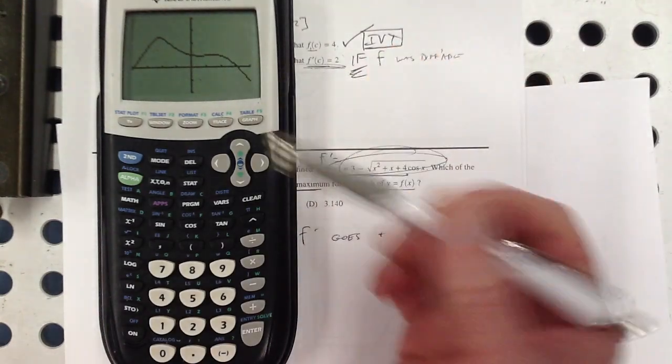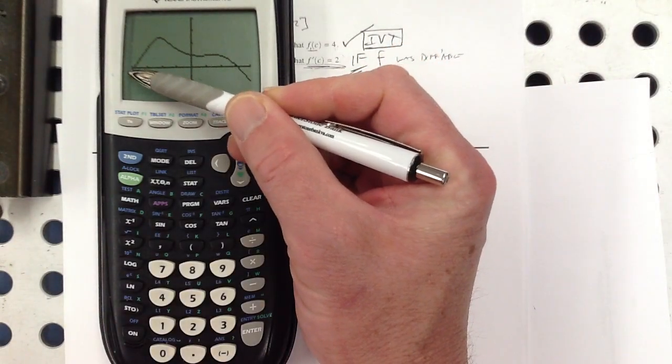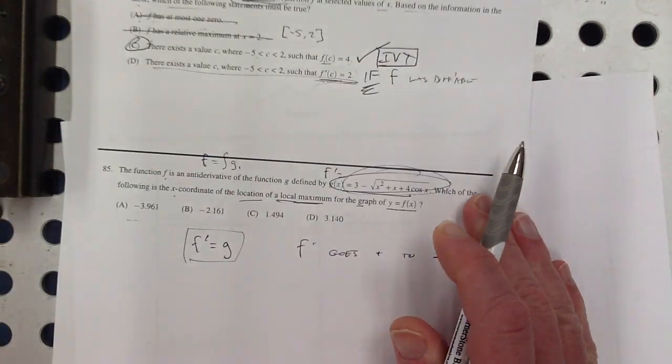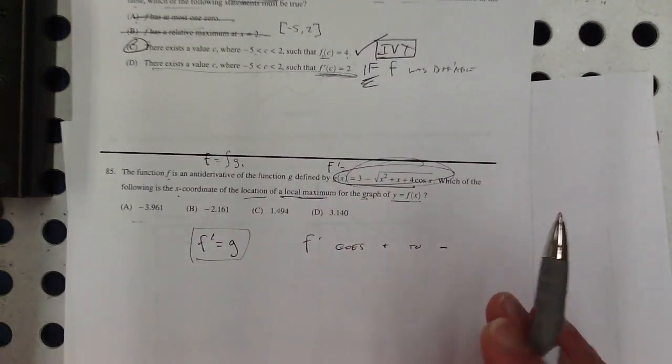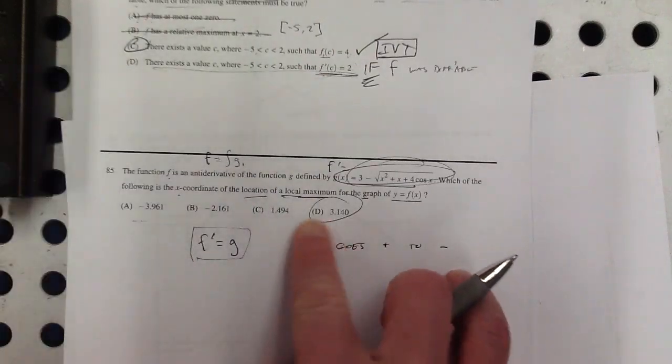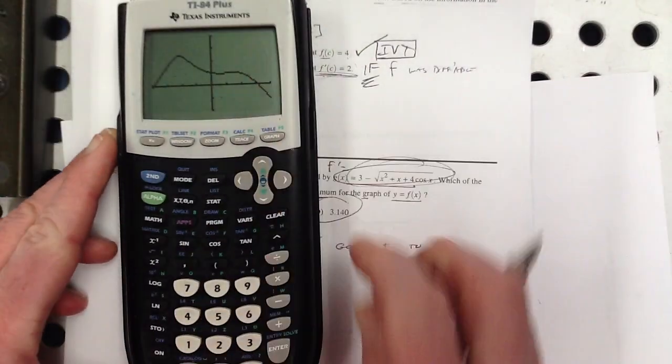There we go. So right around 3. So that would be going from negative to positive. That would be a minimum there. So it looks like it's right around 3.14 or so. That's the only thing that's close to where it crosses, so I'm confident in that, but you